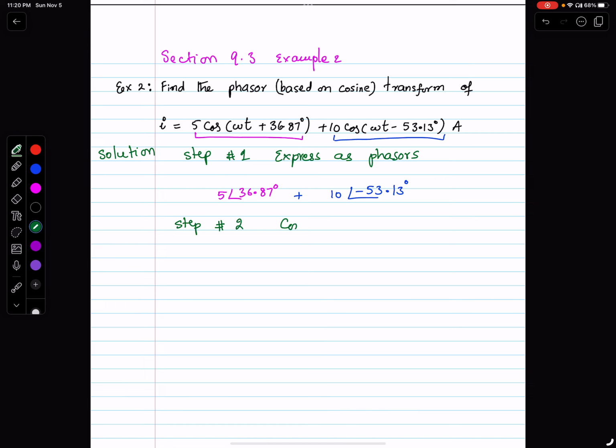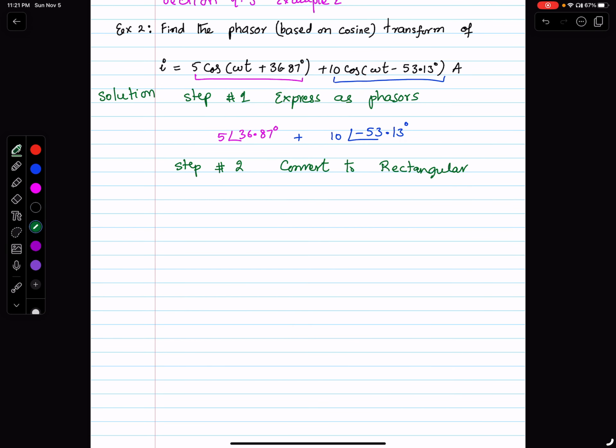We are going to convert these into rectangular form. Why do we want to do that? Because we have an addition operation on our hands, and addition operation is better done in rectangular form. So here 5 angle 36.87 can be expressed as 5 cosine 36.87 plus j 5 sine